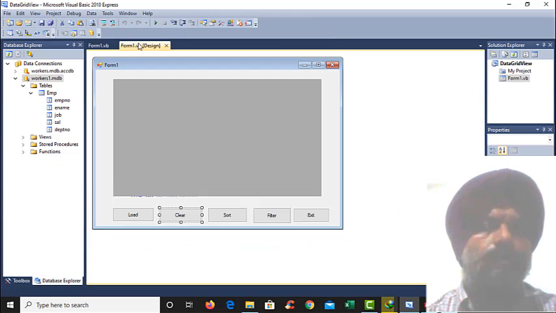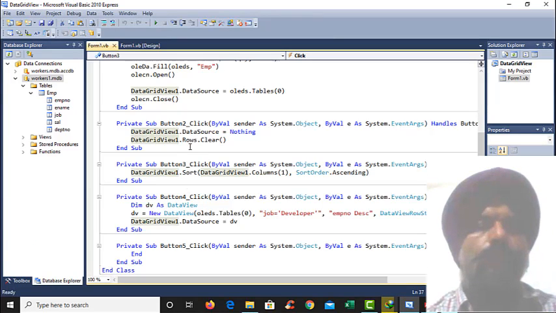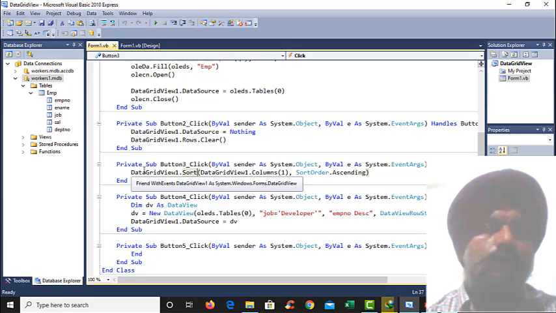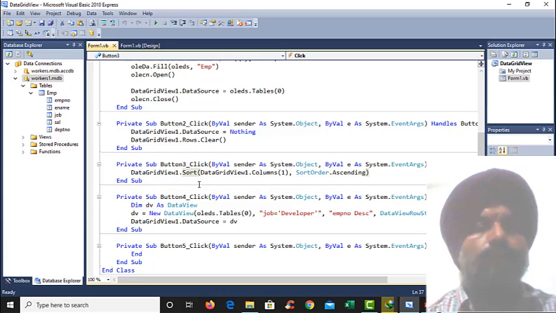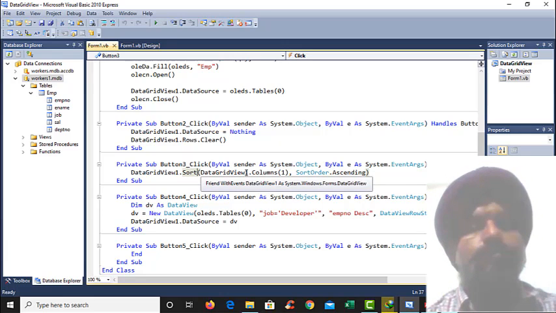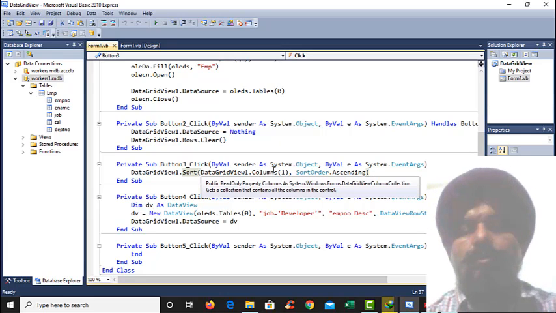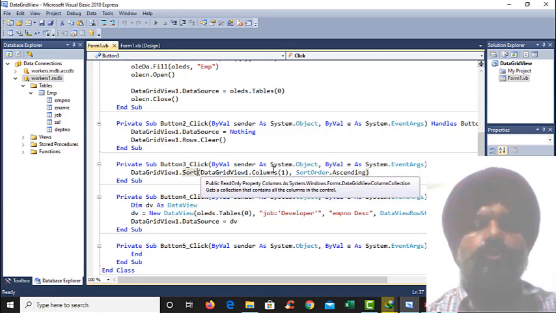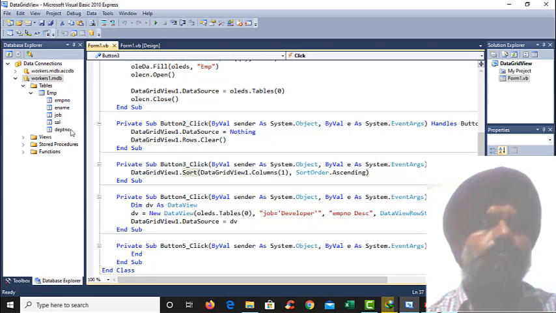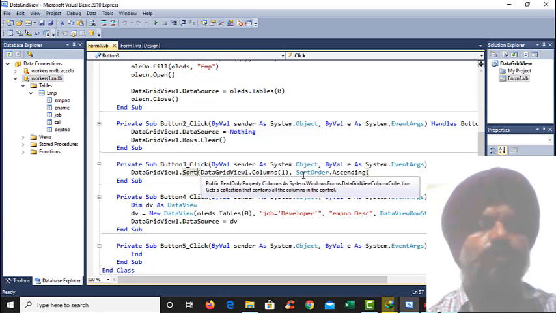Third one. Now third we have a sort. If we have to sort the grid, then we have a sort option in the data grid. How does it work? Data grid view 1 dot sort. In that case, data grid view 1 dot column 1. Column 1 means which column we have to sort. It means we have to sort the E name, because column 0 means EMP number and E name is column 1, job column 2, and salary column 3, and so on.